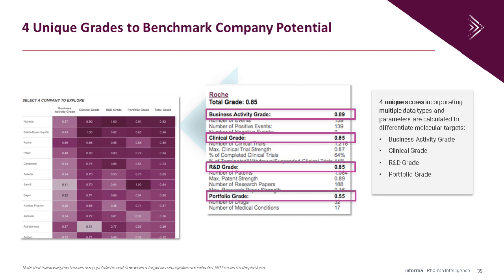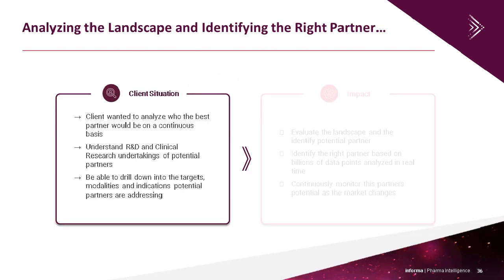The R&D grade evaluates a company's publication and IP activity. The portfolio grade assesses a company's portfolio size and the diversification of its portfolio. The 4 grades are actually then taken together and combined for a total scoring grade, providing an overall rank of the competition. And again, to give you a little bit of an example of how you would actually use this in day-to-day,